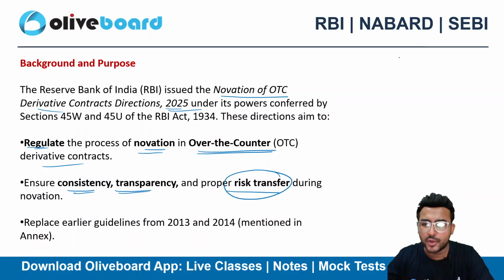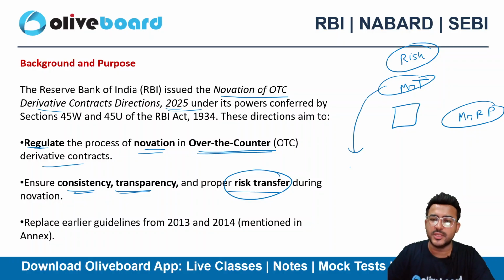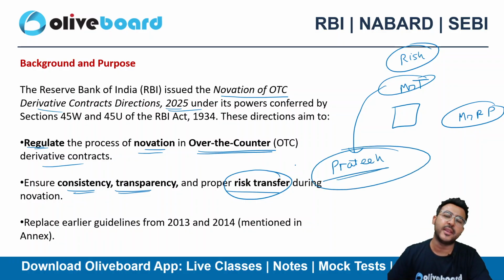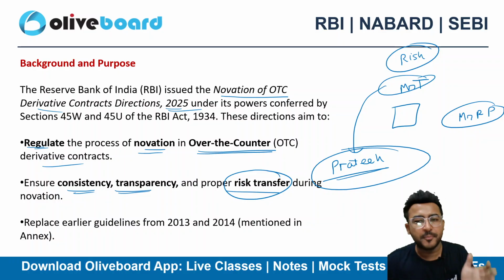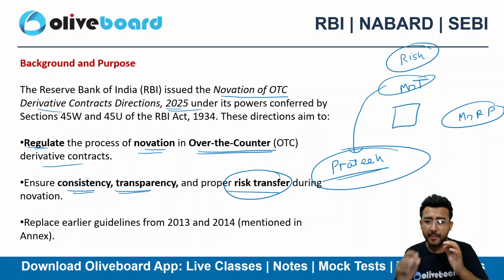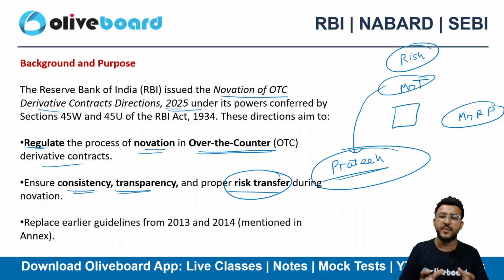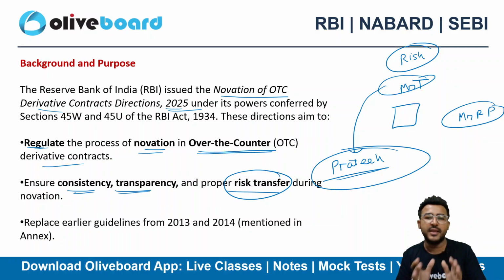Look, derivative contracts do have a risk. They do have an embedded risk, right? So here Mr. T is a party with Mr. RP. They both have a contract. So Mr. T needs to ensure that they are doing a proper risk transfer to the new party, to the transferee. Proper risk transfer needs to be ensured because derivative contracts do have an embedded risk. RBI wants better clarity, better transparency, and risk transfer done properly and with consistency. That's why they are bringing these regulations, right?